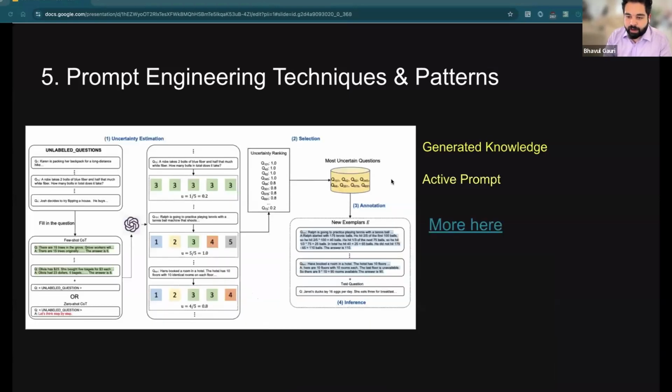And then you have active prompt, which is trying to do something even more complex, where you have those chain of thought prompts, and after this, you pass it to the LLM to do some uncertainty estimation. So you try to see, when you're sampling the answer multiple times, how much is the disagreement in those multiple times, right? That decides your uncertainty. And once you get an uncertainty ranking, only the uncertain questions go through a human annotation setup. And for others, you try to automatically